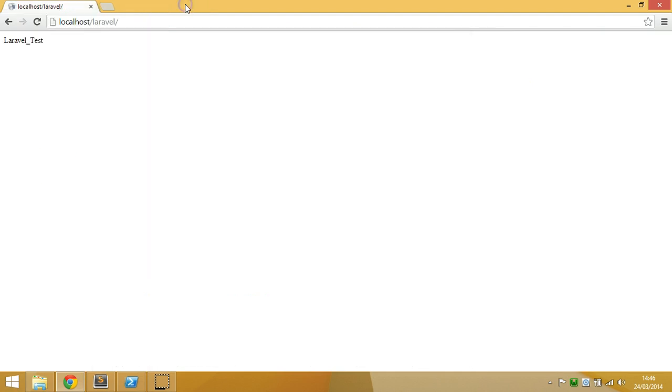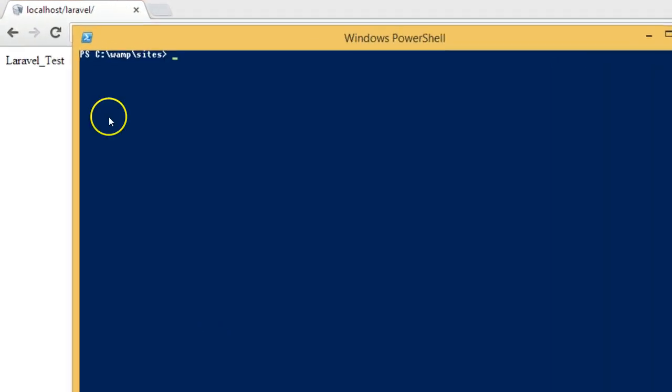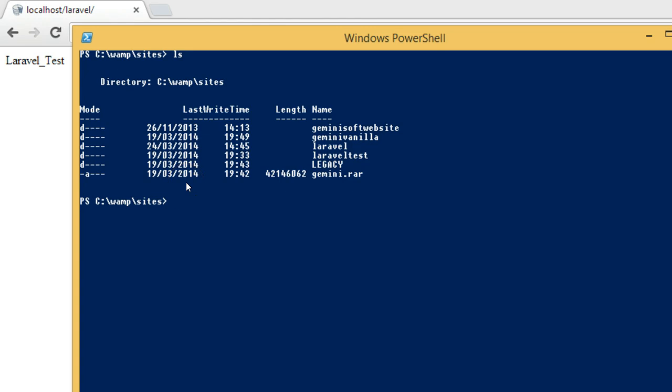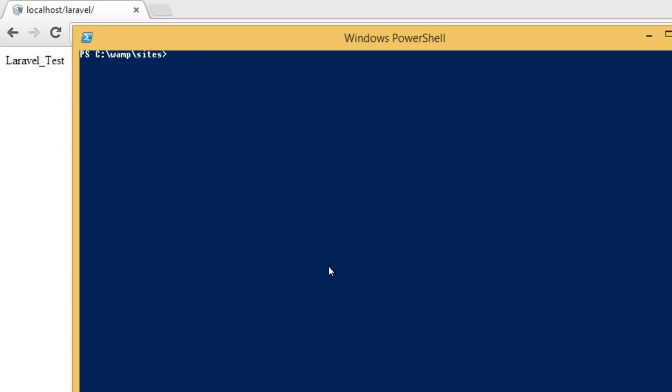So how we do that is we will launch a PowerShell, and you want to navigate to where the root of your sites are. If you see in here, I've got various little things going on there, but what I actually want to do is install it in this Laravel folder here. Apparently it doesn't want to clear. There we go. So to do this, if you've installed Composer globally and successfully, which if you watch the last